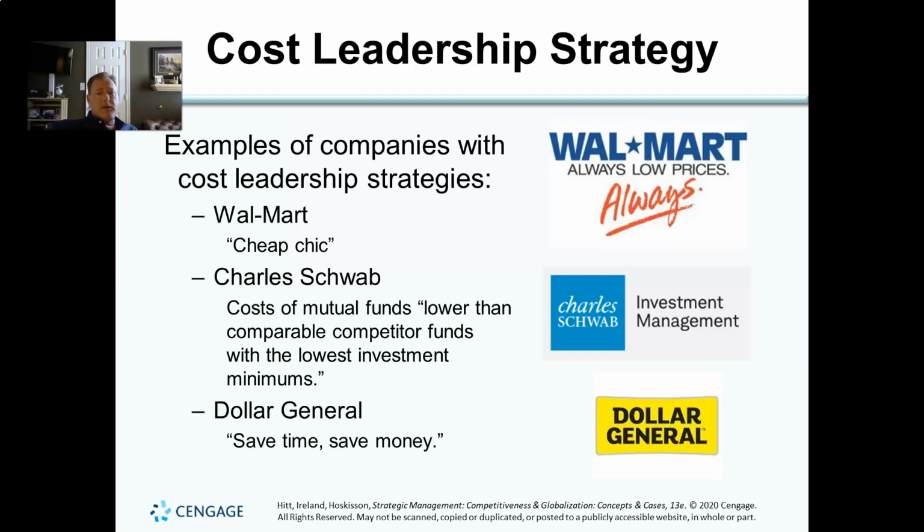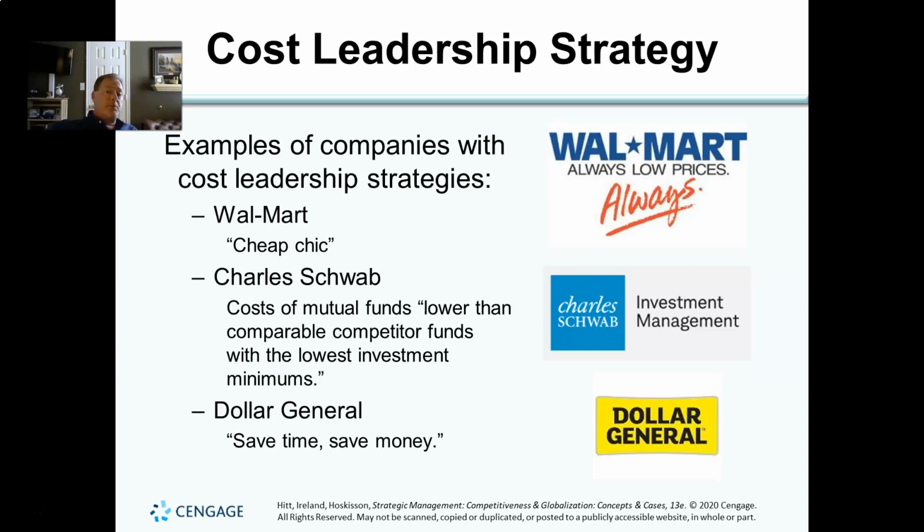And that's not always the case. They don't necessarily always have the lowest price, despite what the price cutting smiley face says, they don't always slash prices. They don't always have the lowest prices in the industry, but there's the perception that they have the lowest prices in the industry. So just to wrap up cost leadership, one way that you can leverage your cost leadership strategy